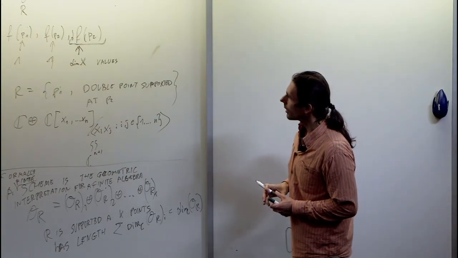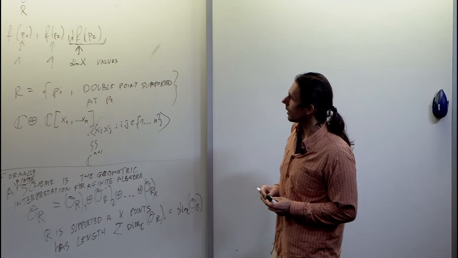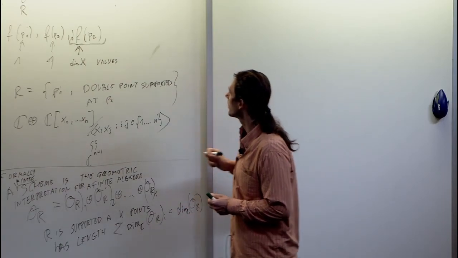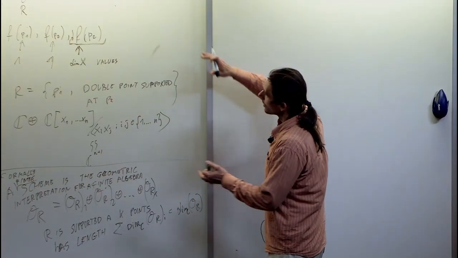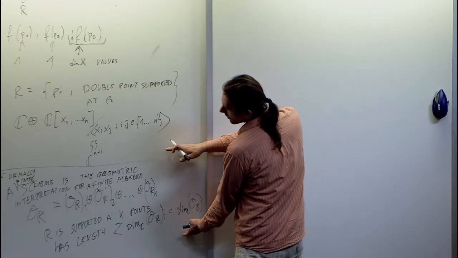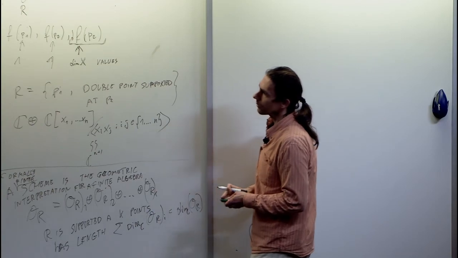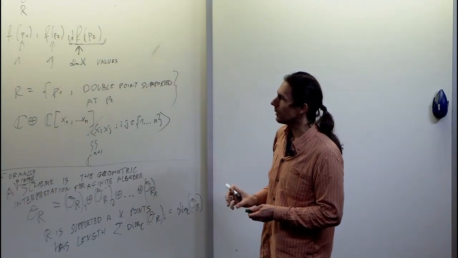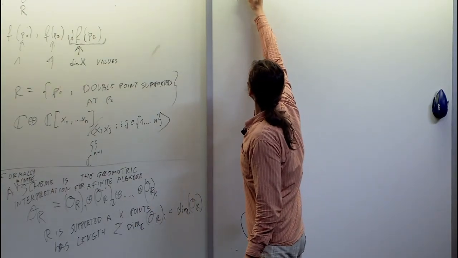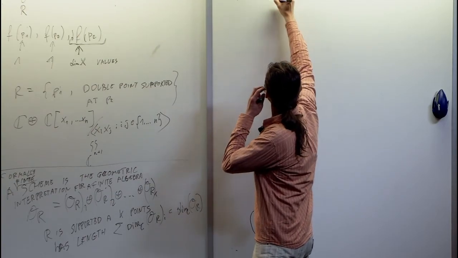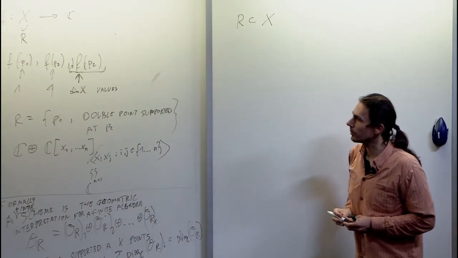Okay. So now why are these guys useful to us? So the point is that we can look. So this is just the definition of an abstract scheme, so it doesn't have to live anywhere. But we really are interested in subschemes. So we say that R is a subscheme of X